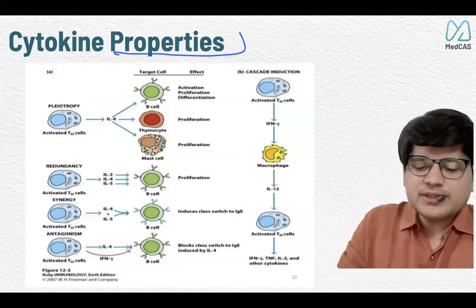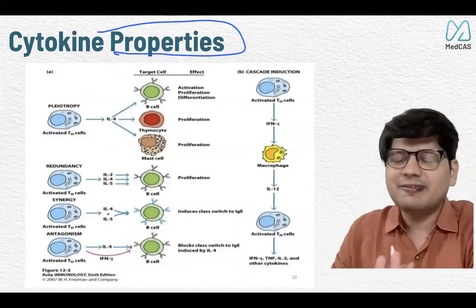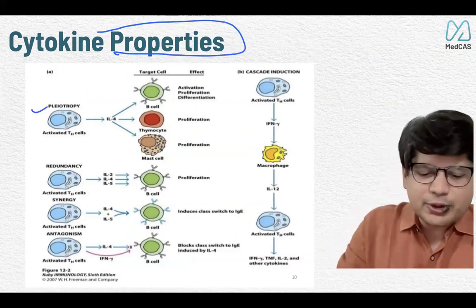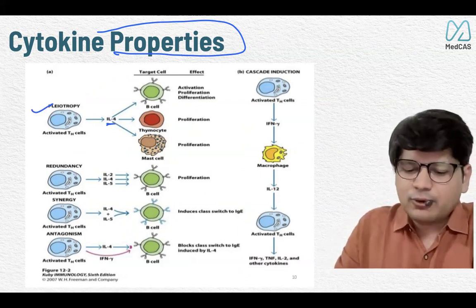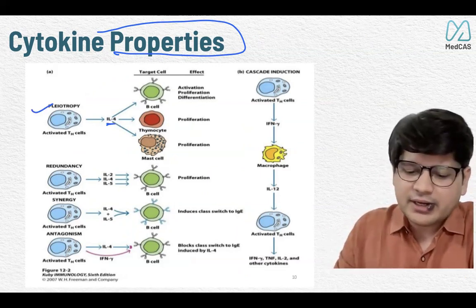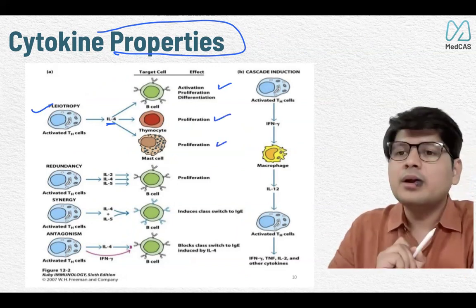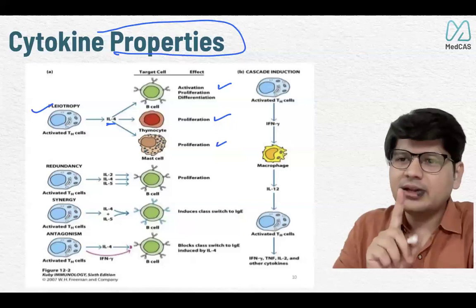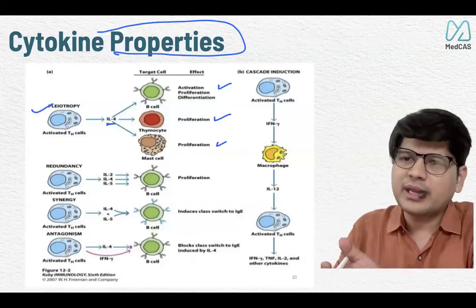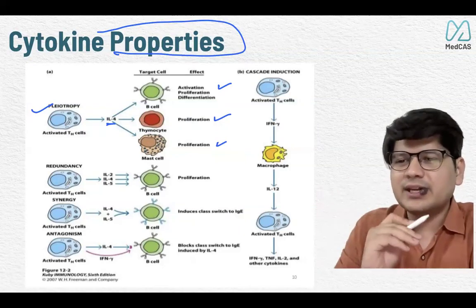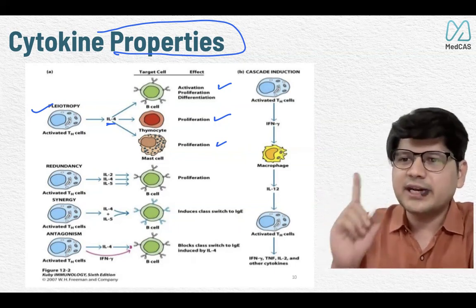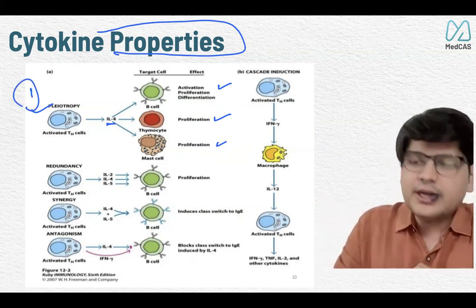What are the properties of this cytokine? They are quite flexible. So one is pleiotropy. A cytokine is just IL-4, but it has a lot of roles. It can activate and differentiate B cells. It can work on platelets. It can work on mast cells. So one thing, multiple functions. That's pleiotropy. Statins have multiple effects, so we call it the pleiotropic effect of statins, right? So that's the first quality it has.